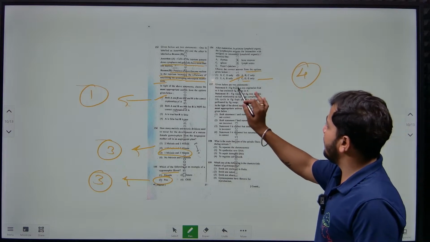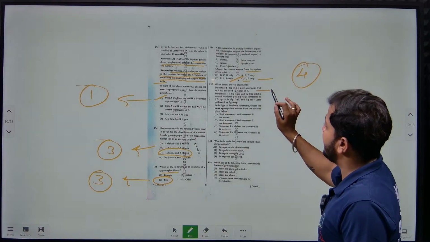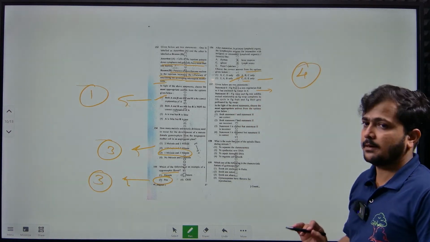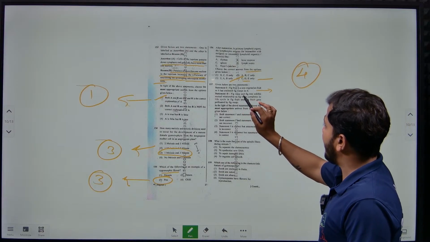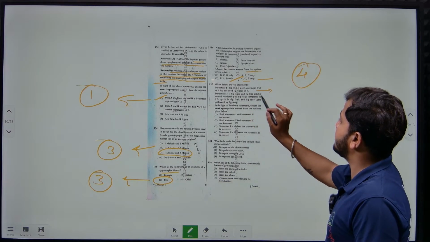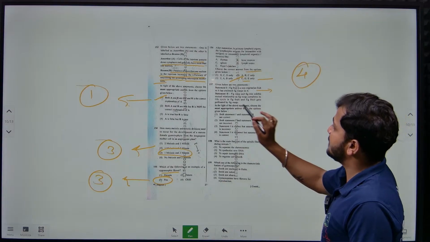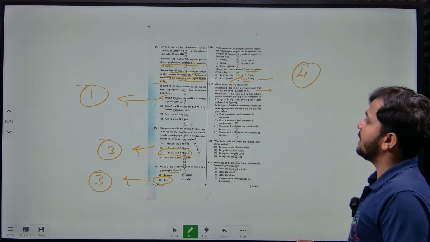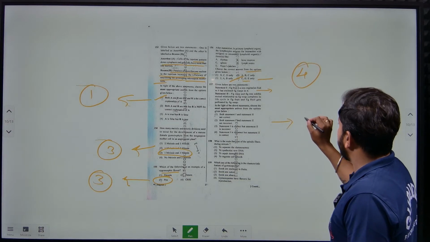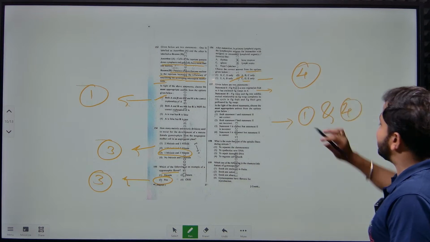Then given below are two statements. The fig fruit is a non-vegetarian fruit as it encloses fig wasps in it. Then fig wasps and fig trees exhibit a mutual relationship, as fig wasps complete their life cycle in the fig fruit, and the fig fruit gets pollinated by the fig wasps. According to this question, they are mentioning that option 1 and option 4 are correct. The reason for it is